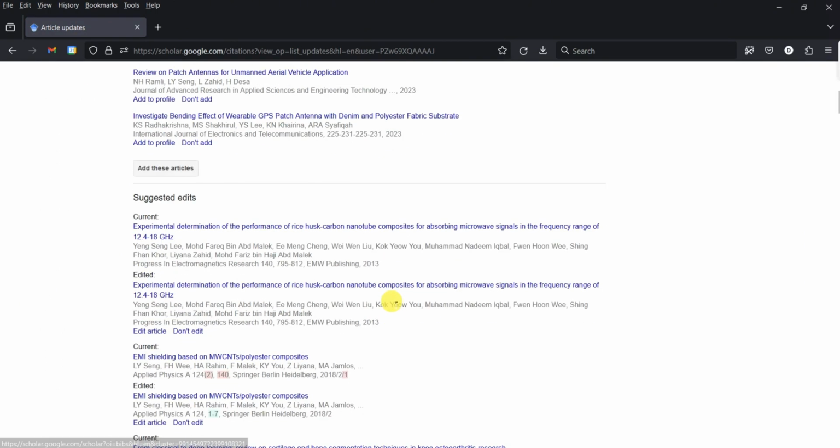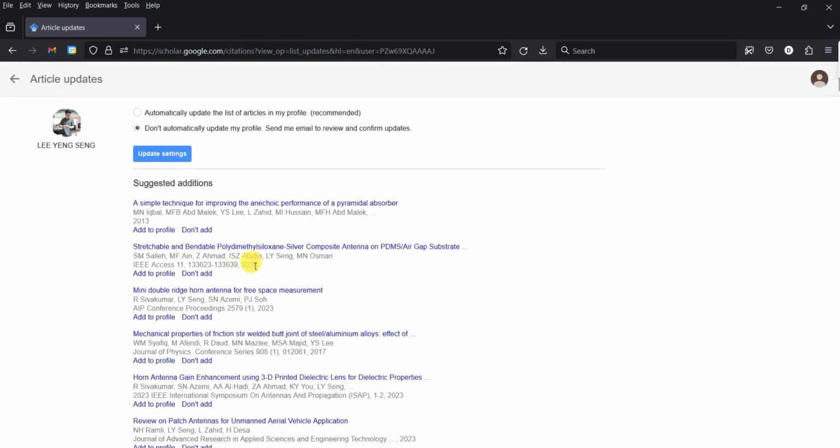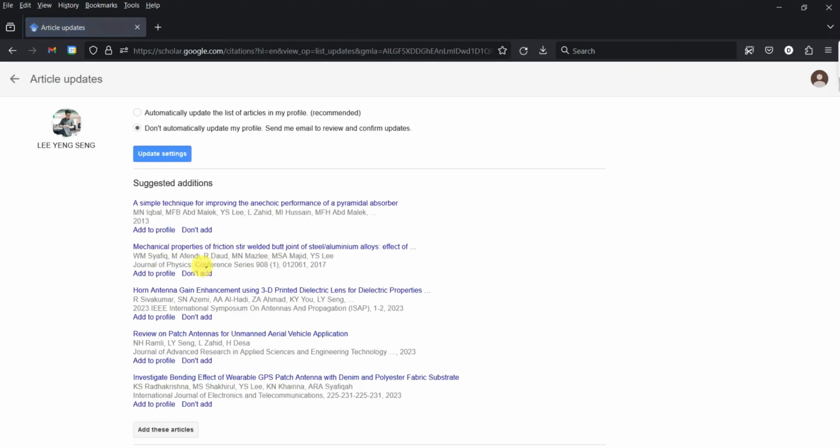belong to you. Some may be duplicates, but you can merge them. Some are recent ones. Let's say 2023 is a recent one, so it hasn't been updated to my profile yet. So we can add it, just click on add to profile, and let's say this one